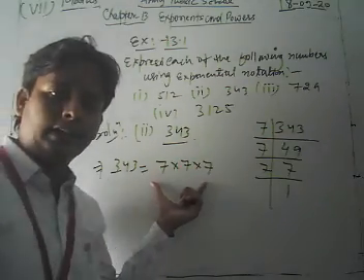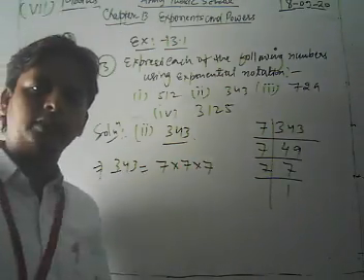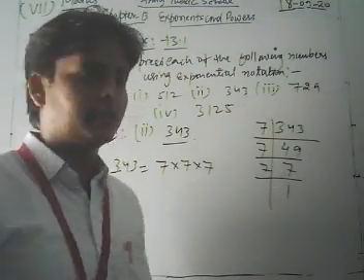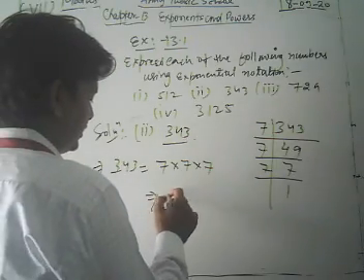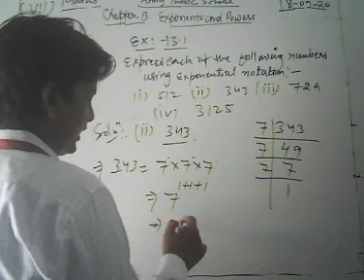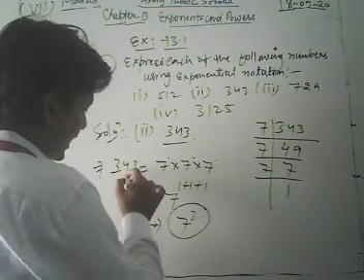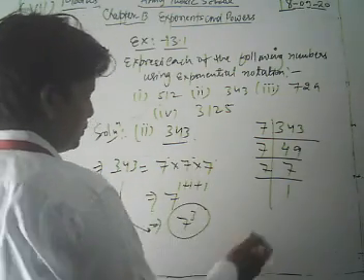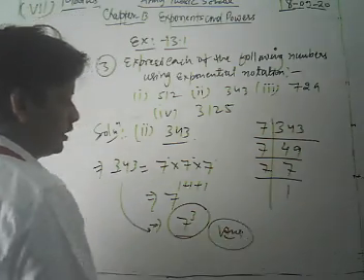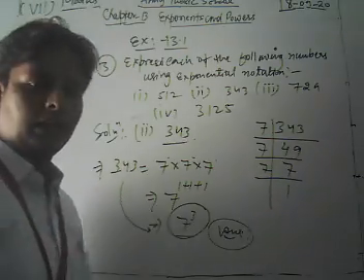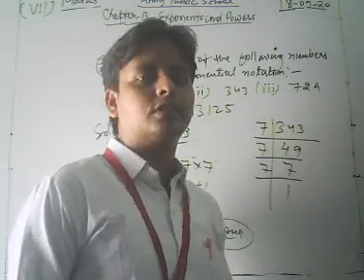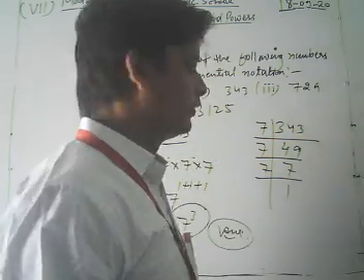Yes, student, again here we are applying the laws of exponents: a to the power m into a to the power n is equal to a to the power m plus n. So here we write 7 to the power 1 plus 1 plus 1, because each power is 1. So we get 7 to the power 3. We can write 343 in exponent form as 7 to the power 3. So this is our final answer. Similarly, dear friends, we take and solve the next part of this question.